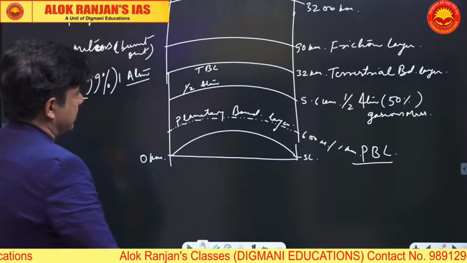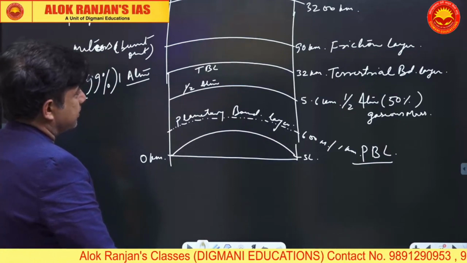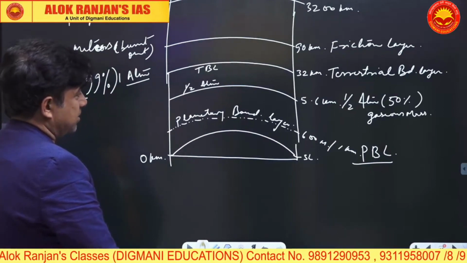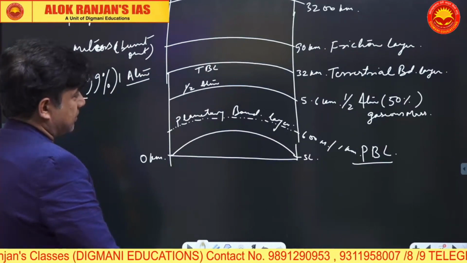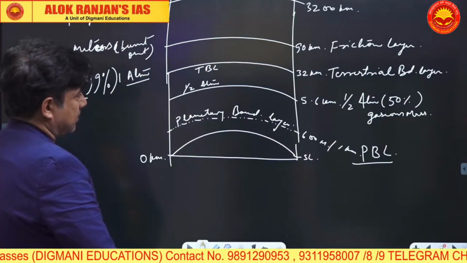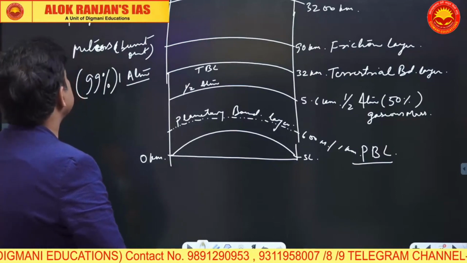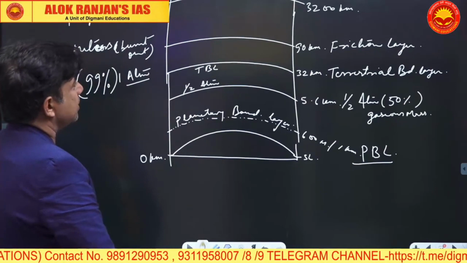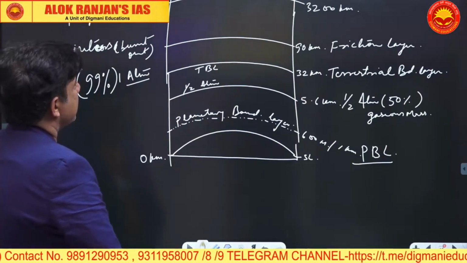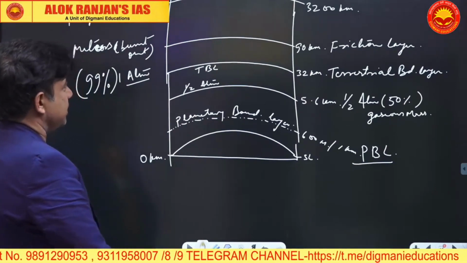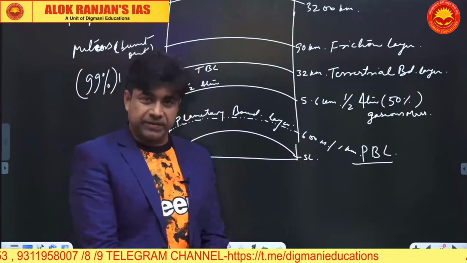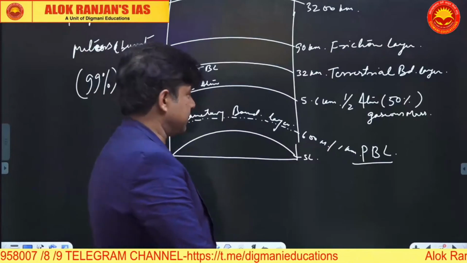Planetary boundary layer, terrestrial boundary layer. They are very important. Half atmosphere, 1 atmosphere, frictional layer, magnetic boundary. So please learn all this, and then